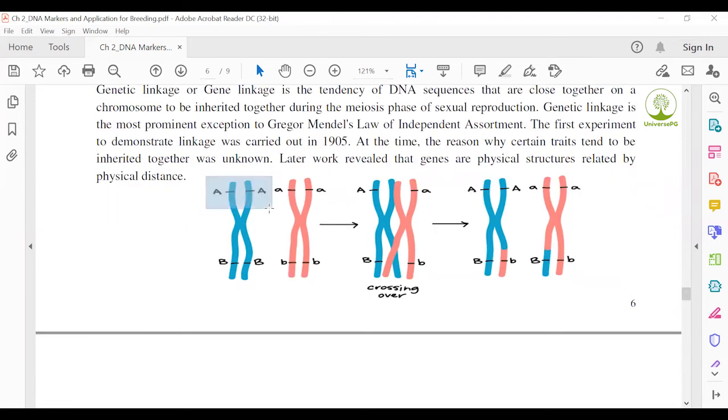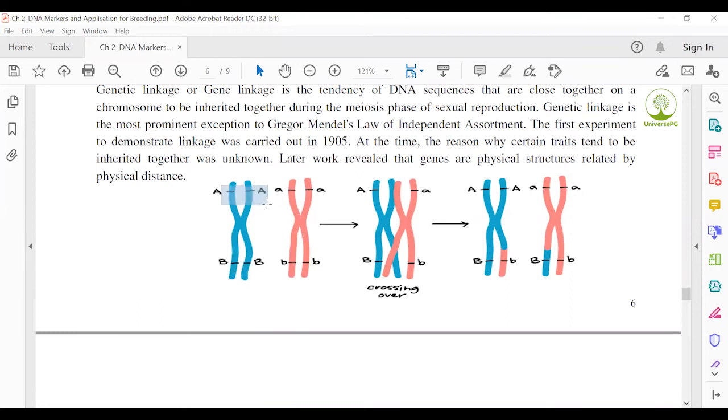Two alleles, capital A and A. The capital letter A is a similar allele in a chromosome found in two strands or two chromatids. In another two chromatids, the symbol B.